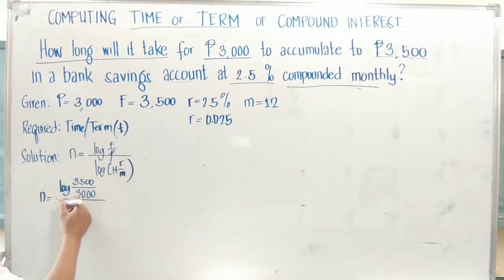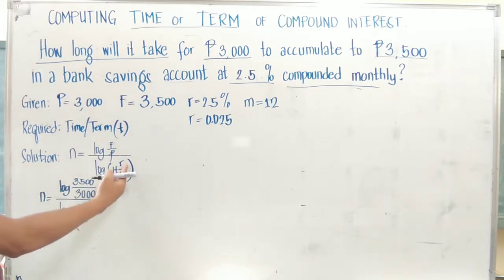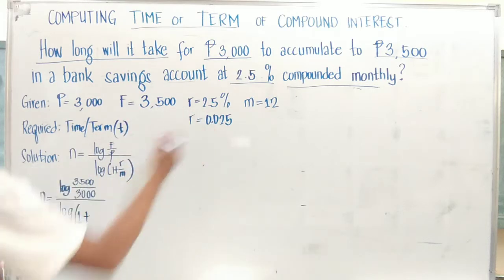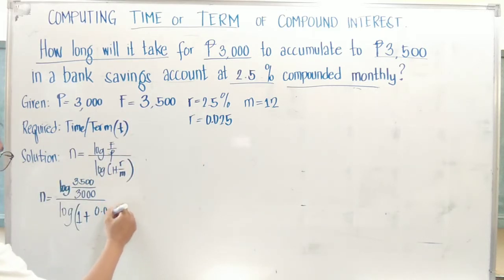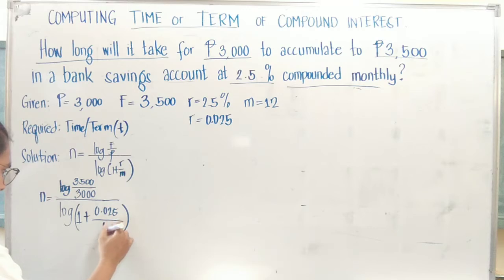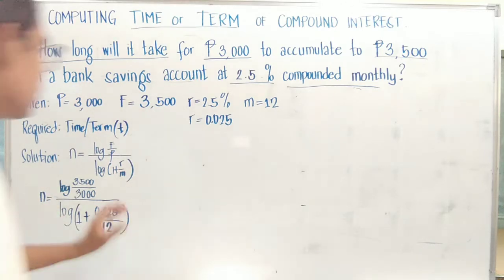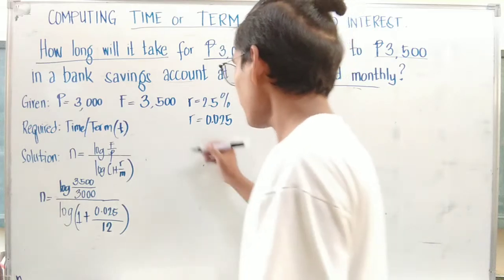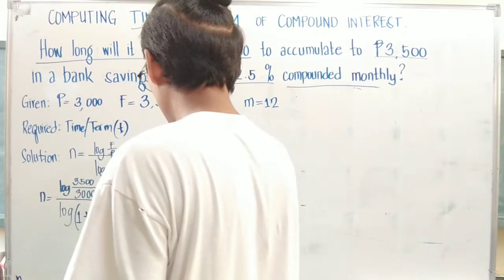Then below is log of the quantity 1 plus r, which is 0.025, divided by m, which is 12 because it is compounded monthly. Using your calculators, probably your scientific calculator, input and encode, then we will have n equals